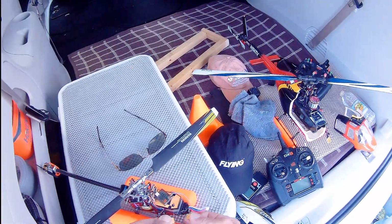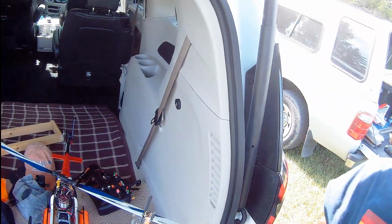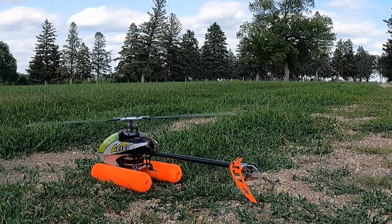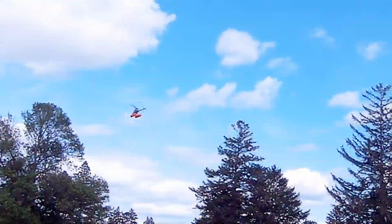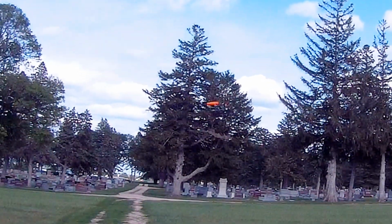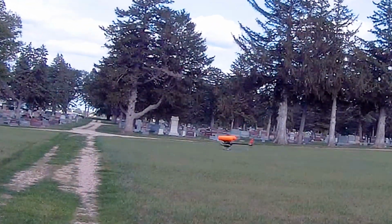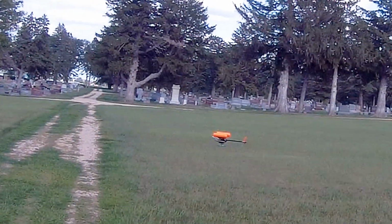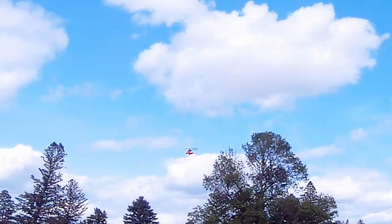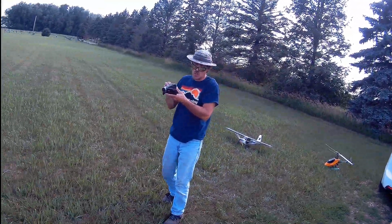You know, it comes with the speed controller and everything, and all you have to do is add a satellite. Oh, just a satellite. No gears anywhere. So got a brushless motor on the tail. Wow, that is dinky. If you want to try it. No. I appreciate the offer, but